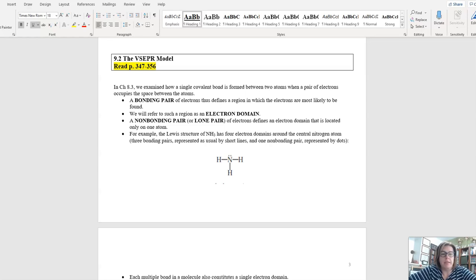Hello AP, we're doing 9.2 today, and I have me and my molecule friends with me to help you understand shapes and angles. 9.2 is a beast. It's probably the heart of chapter 9. One, because it's long, but two, there's a lot of things that you need to understand about angles and different